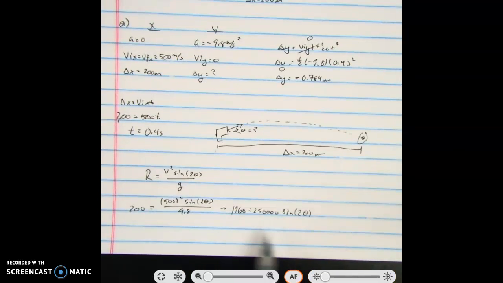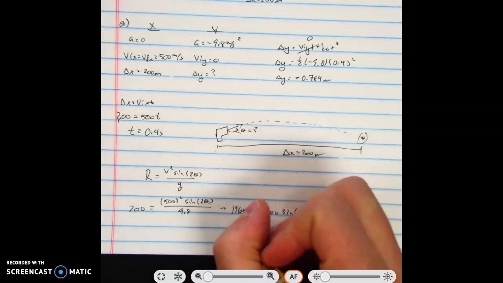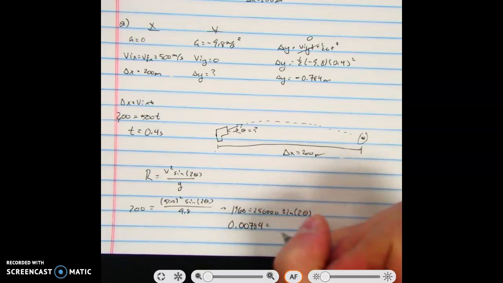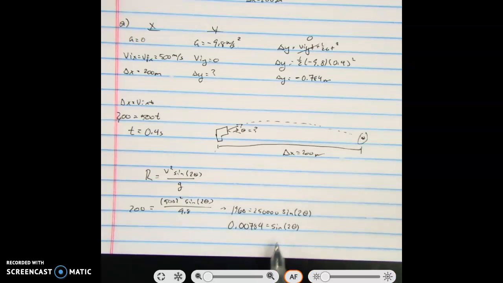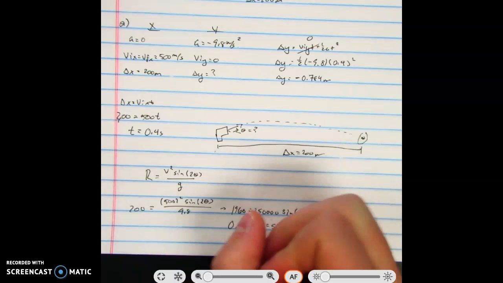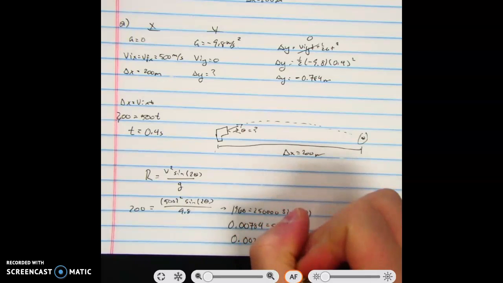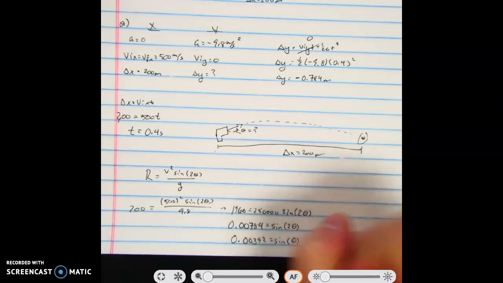Divide both sides by 250,000. This is all multiplied together, so you can divide both sides by 2. And then when I get theta by itself,